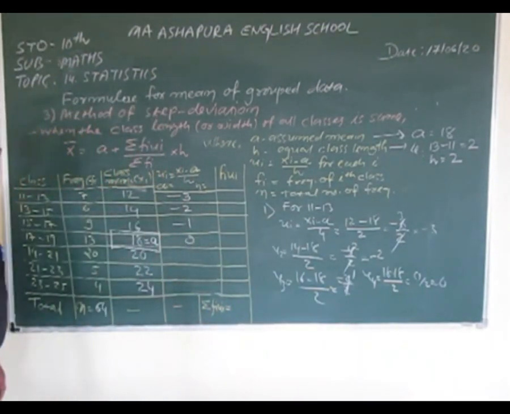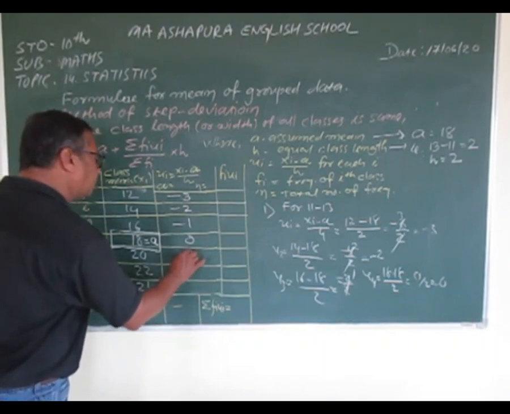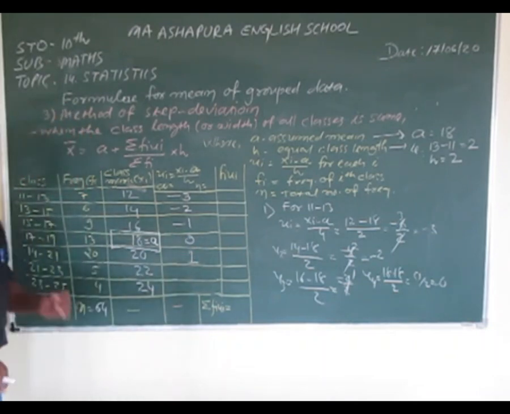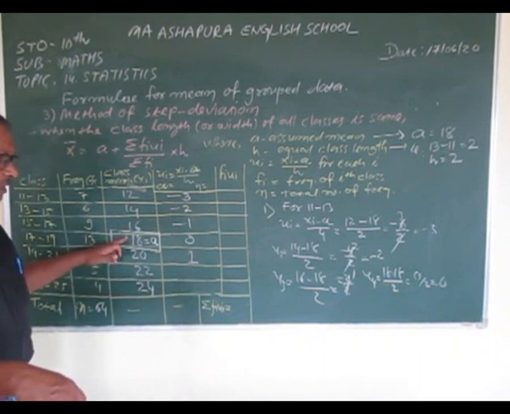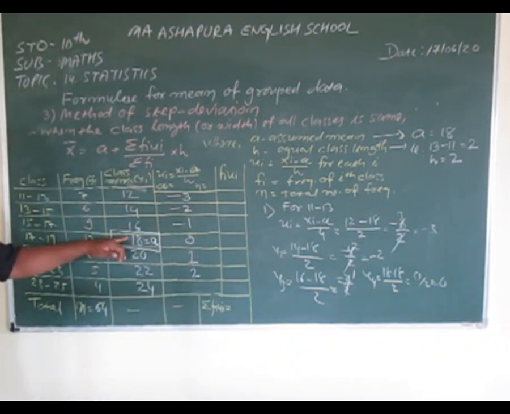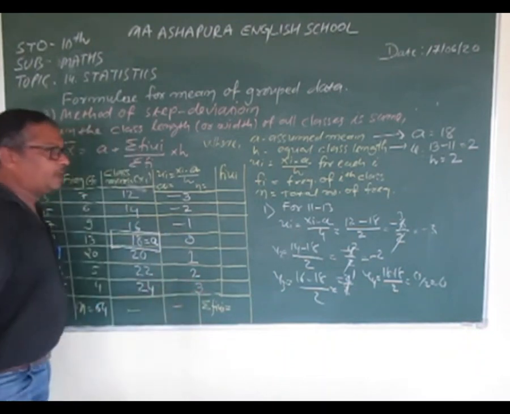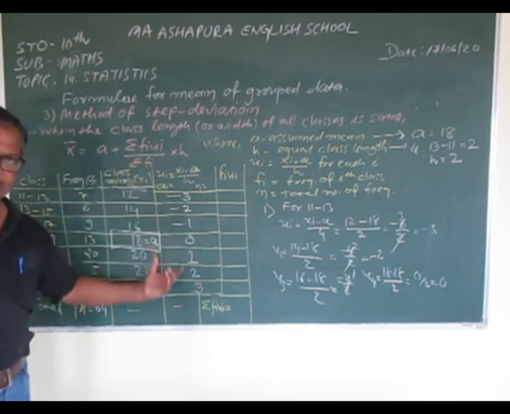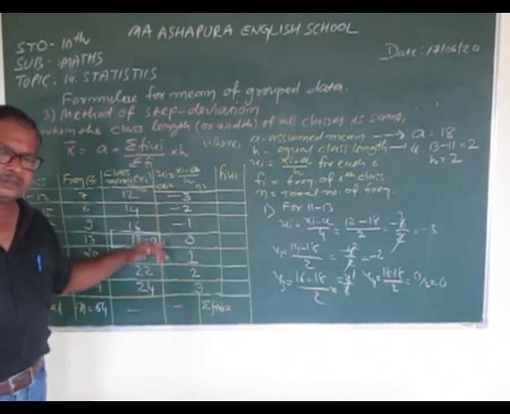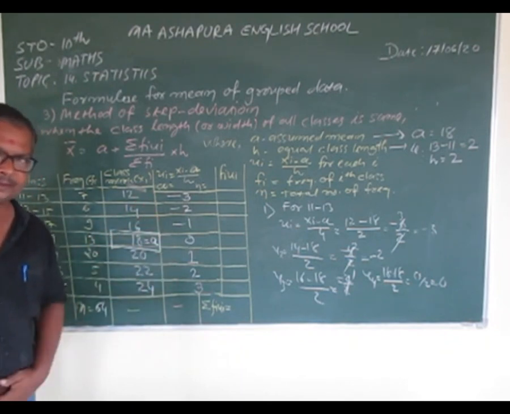Now similarly on the opposite side, 20 minus 18 is equal to 2, divided by 2, and we get 1. It is easy, you can do it orally. 22 minus 18 is equal to 4, and divided by 2 we get 2. And last step, 24 minus 18 is equal to 6 divided by 2. 2 3s are 6. Then we get 3. So now column number 4 is completed. Consequently, we get minus 3, minus 2, minus 1, 0, 1, 2 and 3.